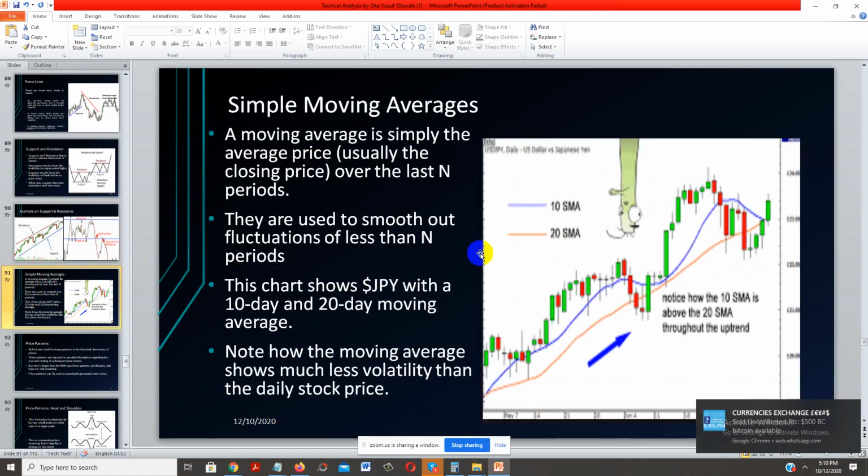So, simple moving average. A moving average is simply